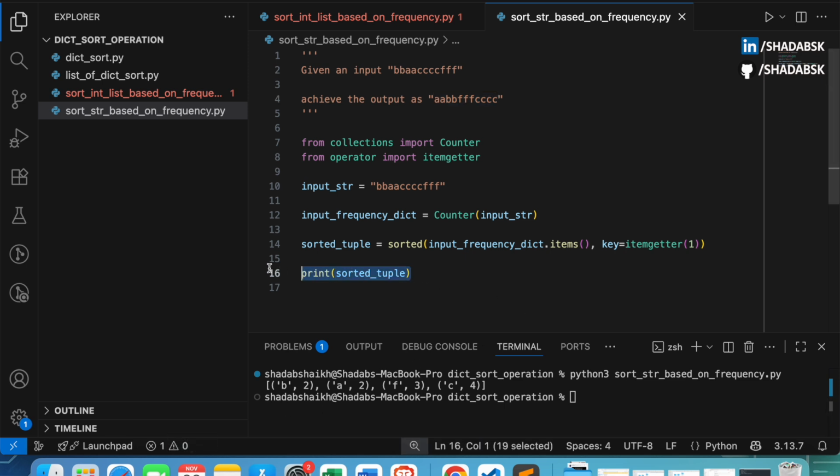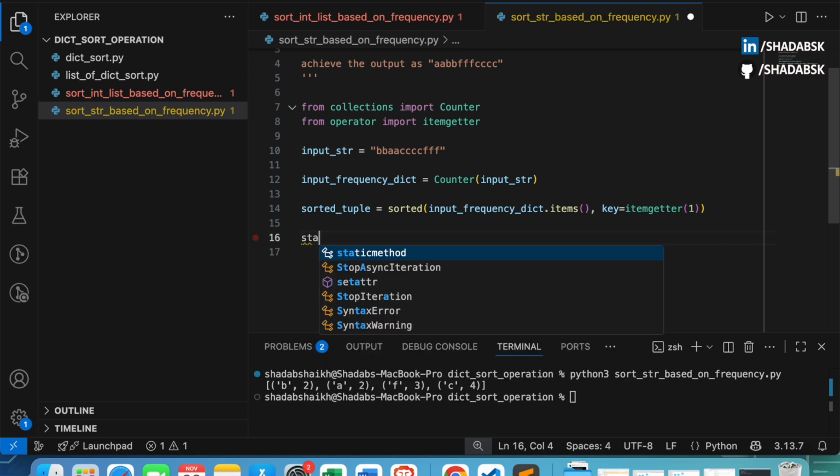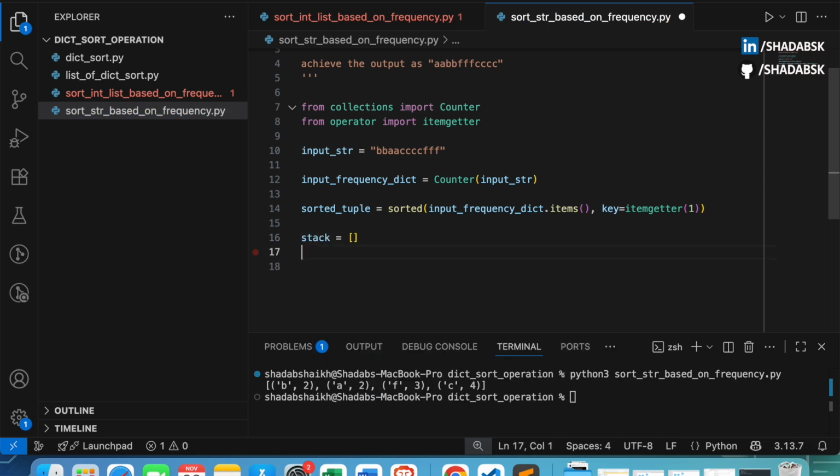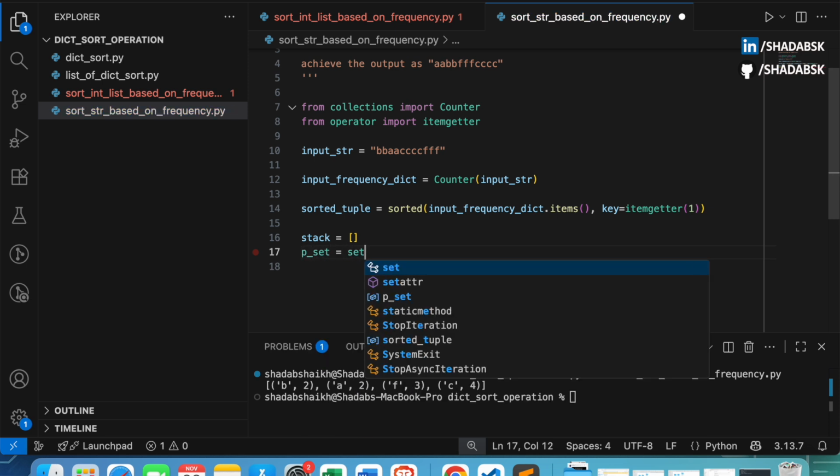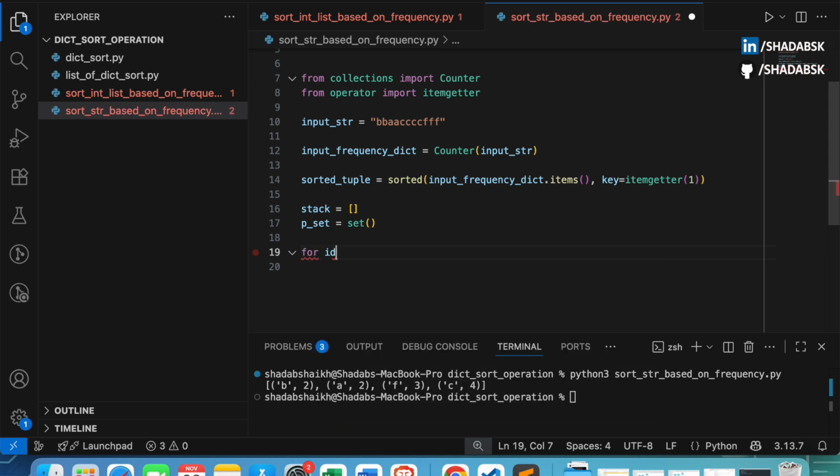So in order to address this, we will make use of a stack, and we will make use of pset, which is basically the processed set, right. So now we begin by iterating through this sorted tuple. So for idx comma current tuple in enumerate sorted tuple,